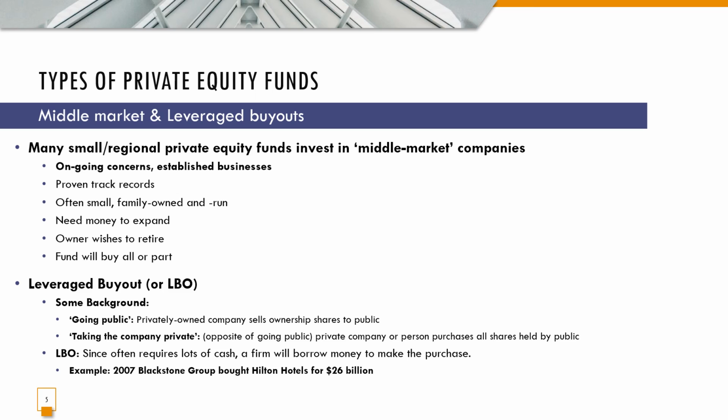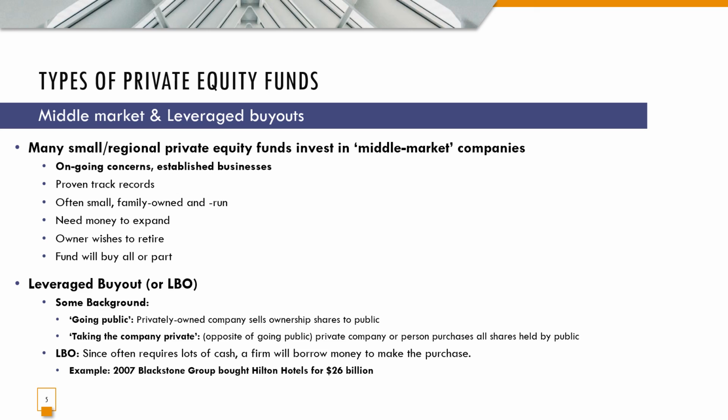Then there's the leveraged buyout, or LBO. So some background. Going public, this is where a privately owned company sells ownership shares to the public through an IPO. And then taking the company private, rather, is exactly the opposite of going public. This is where a private company or person or a private entity purchases all shares of a corporation that's held by the public. So LBO, since often this kind of purchase requires lots of cash, a firm will borrow money